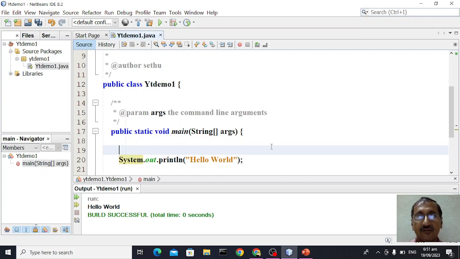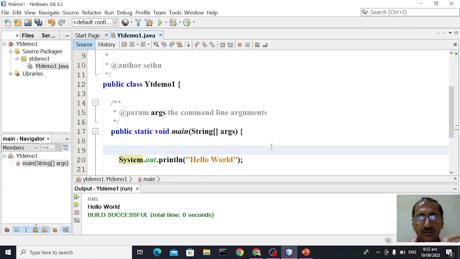Those containers are called variables. Its value can change. For example, you can add more rice into a container, or remove some items. The content varies. So a variable is similar to a container.